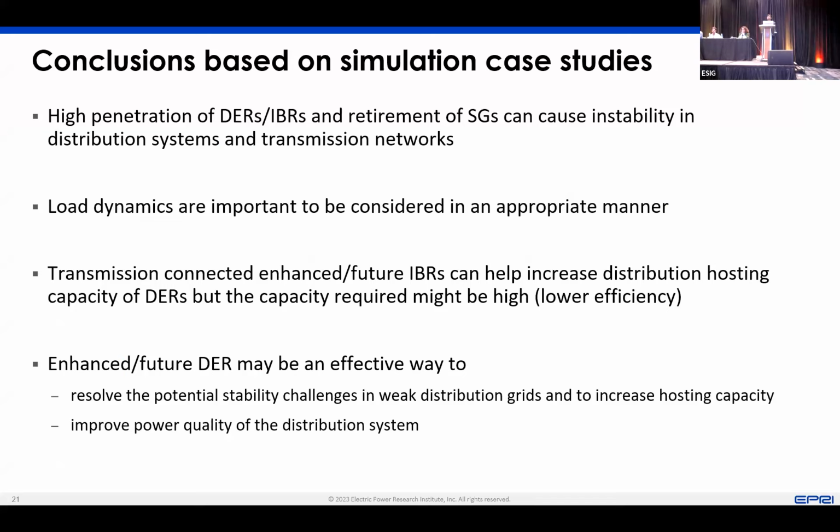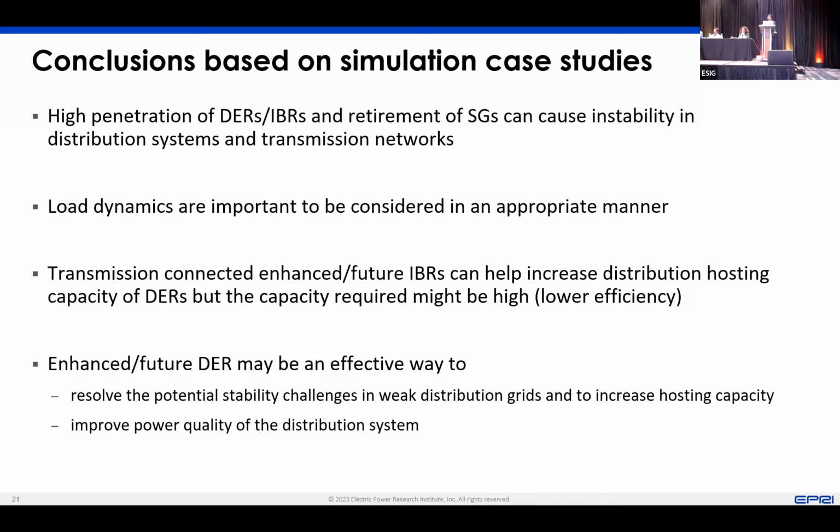We have to start capturing the dynamic behavior of load. We have to start capturing the interplay between three-phase induction motor load, single-phase induction motor load, three-phase motor load of different types, pumps, conveyor belts, other types of three-phase induction motor load, stalling of single-phase induction motors, and what impact they would have. Can the inverter-based resource provide the fault recovery current for it to come out of the fault?